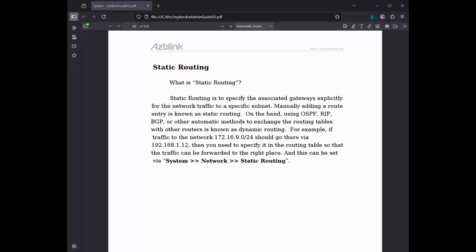Static routing. What is static routing? Static routing is to specify the associated gateways explicitly for the network traffic to a specific subnet. Manually adding a route entry is known as static routing. On the other hand, using OSPF, RIP, BGP, or other automatic methods to exchange the routing tables with other routers is